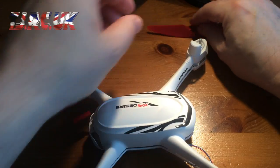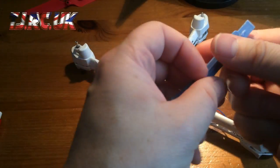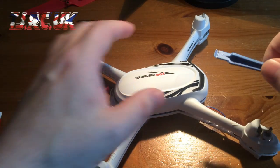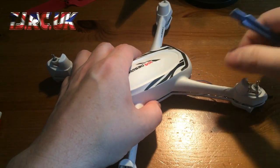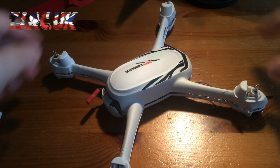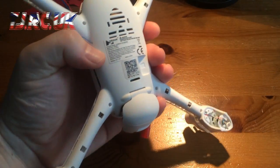I've already done that on this one, so to make it quicker, I'm just showing you how I do it. I mean, there's probably videos out there showing you how to disassemble this, but this is my way. So once you've got those screws out, pull the propellers off, and then you've got